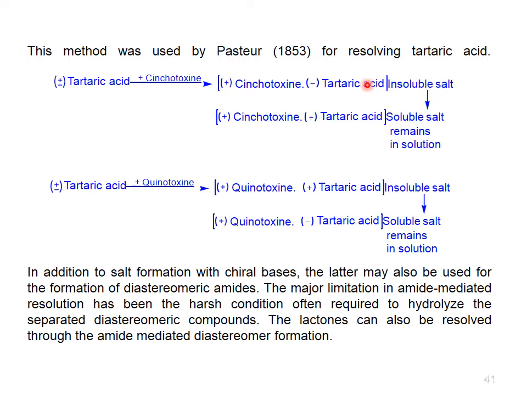This plus minus tartaric acid is going to react with quinotoxine: plus quinotoxine plus tartaric acid is the insoluble salt, and then plus quinotoxine minus tartaric acid is the soluble salt. This remains in the solution. These methods were used by Pasteur in 1853 for resolving tartaric acid. He used cinchotoxine and quinotoxine for the resolution of tartaric acid, because tartaric acid is found in plus minus